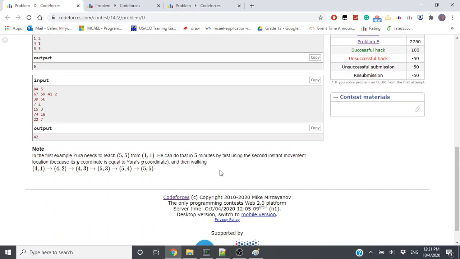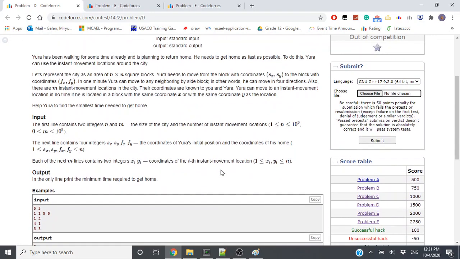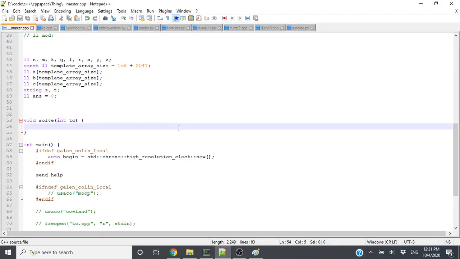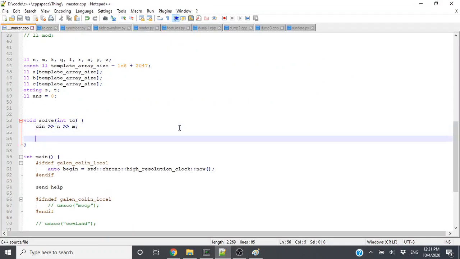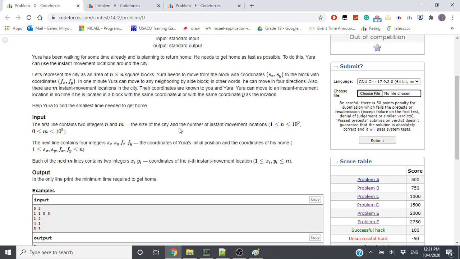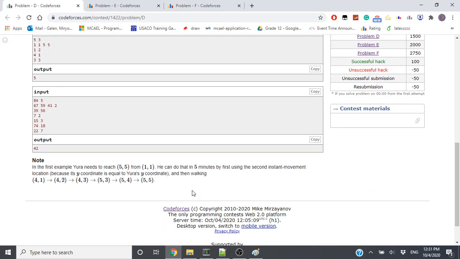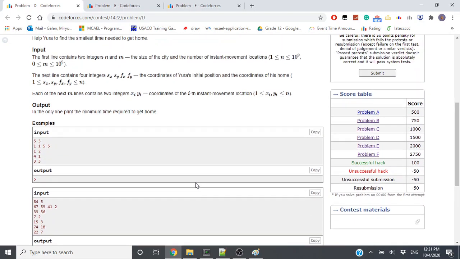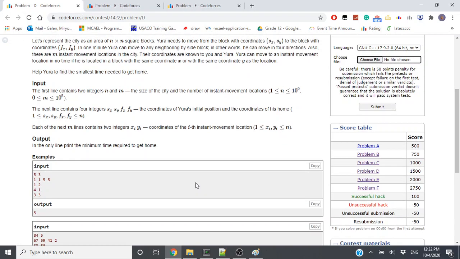Do they guarantee that these locations have different x or y coordinates? No, they don't. Why would they? Just read these in. So I mean, okay. So clearly there's no reason to ever return to a location, so you'll visit each location at most once. And I guess